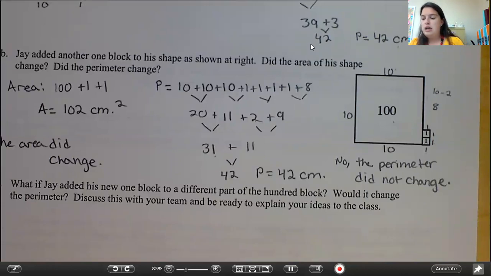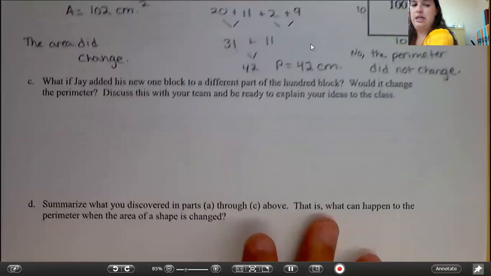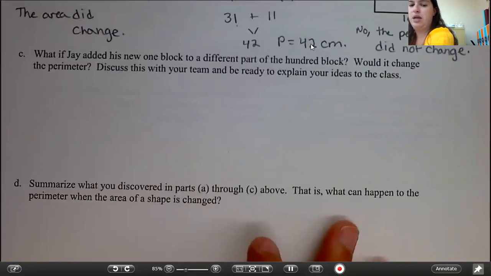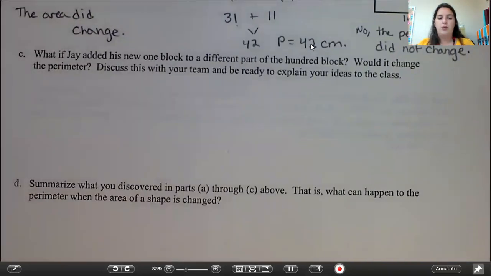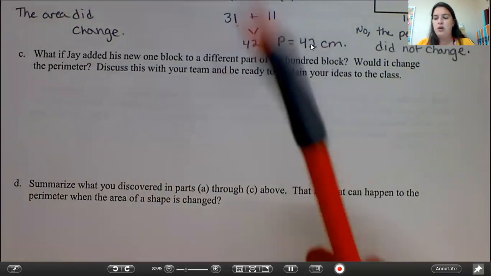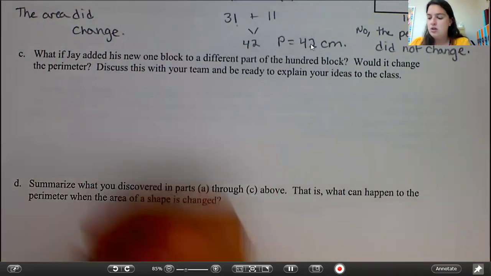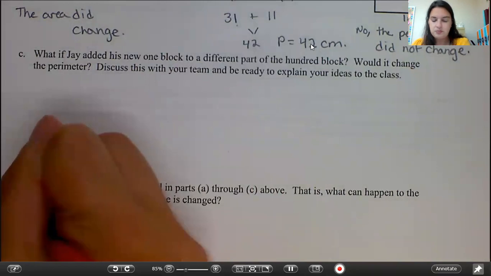So now I want to skip part C, but I do want to talk about part D. It says summarize what you discovered in parts A through C above, even though we did A and B. That is, what can happen to the perimeter when the area of a shape is changed? So what could happen? Well, we know that even though the area changed, did the perimeter? No, for us it didn't, but sometimes it could. So our summary would be